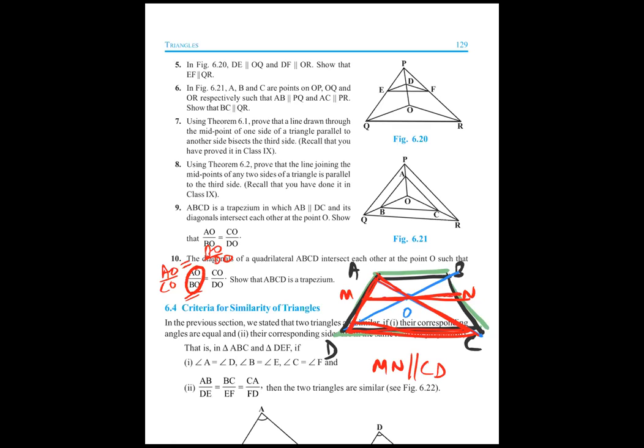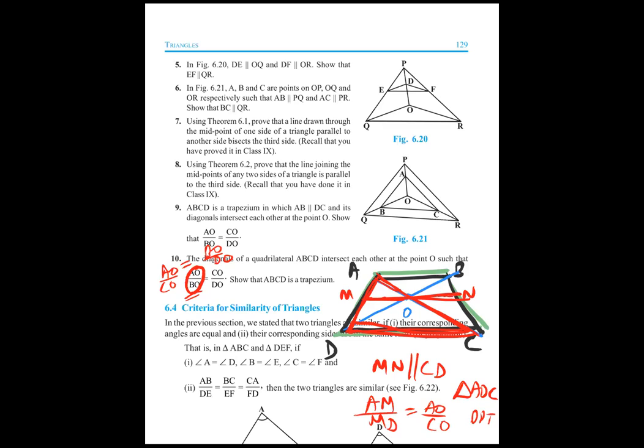And we are taking triangle ADC. We are saying only that it is parallel to CD. We are not saying it is parallel to AB. That we have to prove actually. So if it is parallel, we can write AM by MD is equal to AO by CO. Because of the BPT, we can write it, because it is parallel to CD.